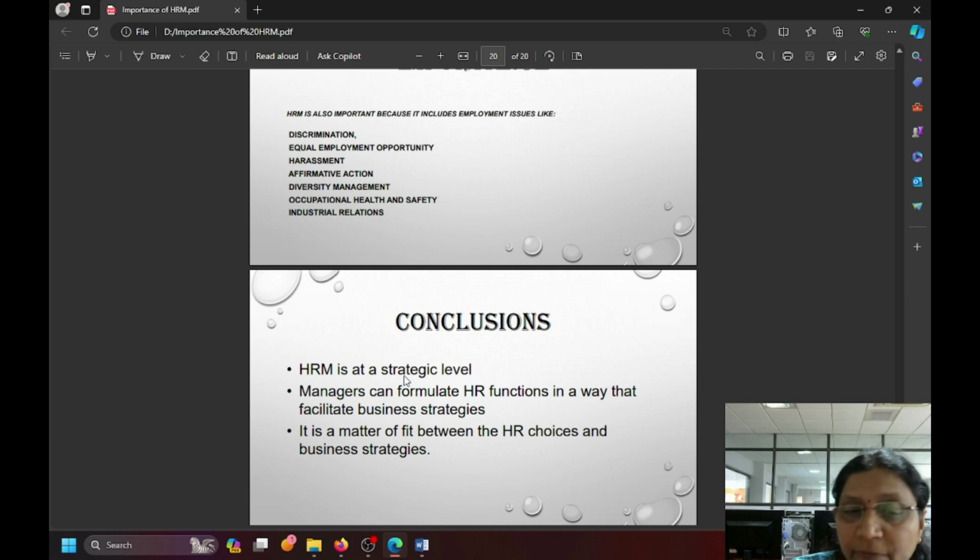What I mean to say is how HRM has got its own importance in every industry, so that we can improve the business or the productivity of the organization. How it affects the productivity of the organization, how we can improve the productivity of the organization by having proper human resource management in the organization. So that I can conclude here